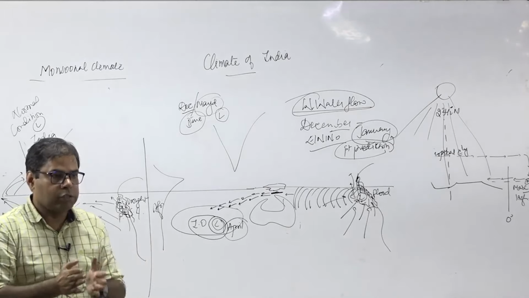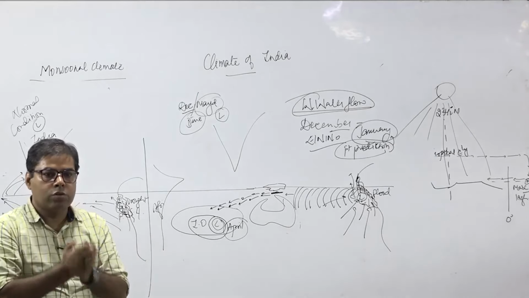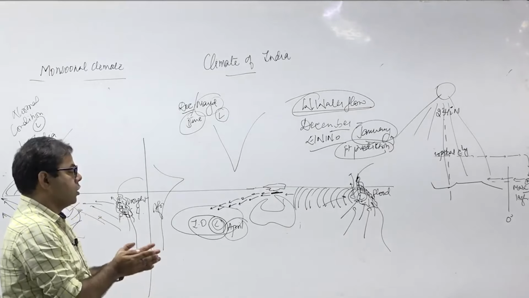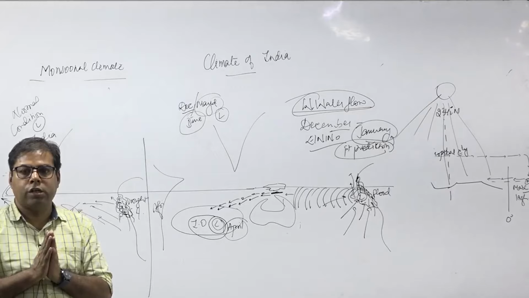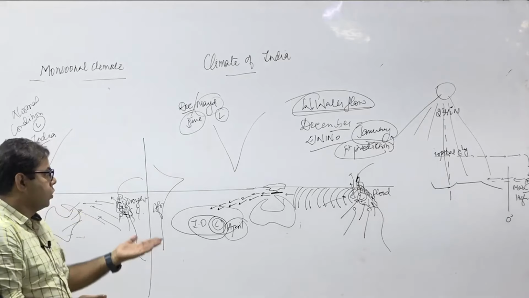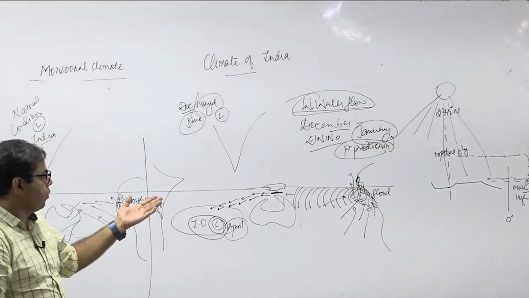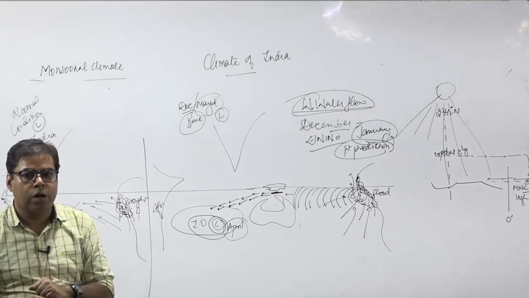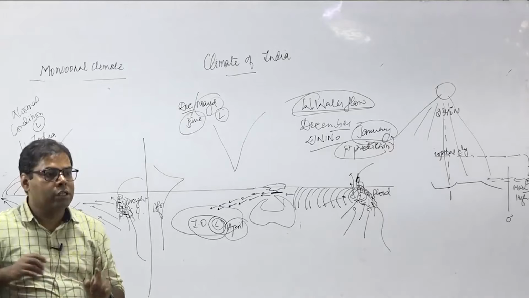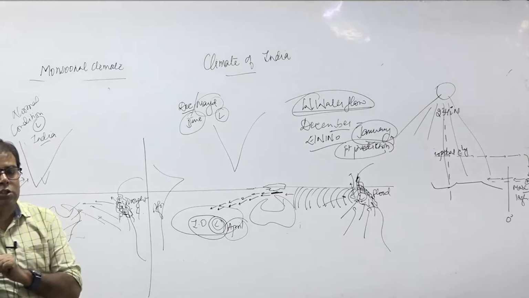So, that will converge and rise, a convection process. The convection process in the coastal areas over the warm sea will cause rainfall, convectional rain. That convectional rain is sufficient for the flood there in Peru. Why flood? Because that part is an extension of the desert, and desert has very poor drainage.